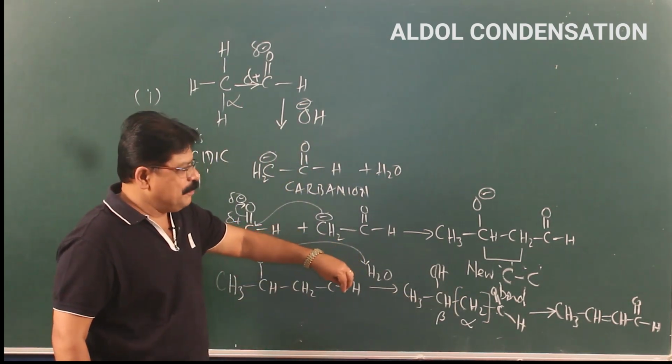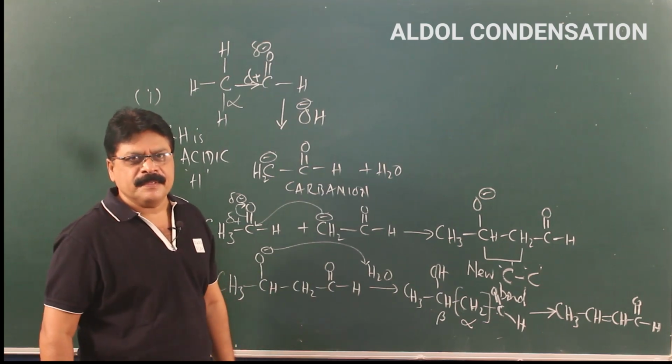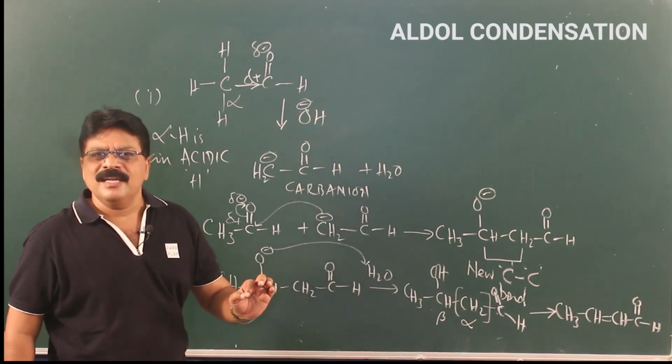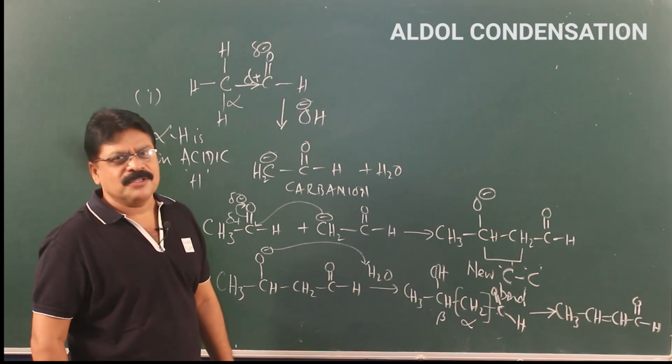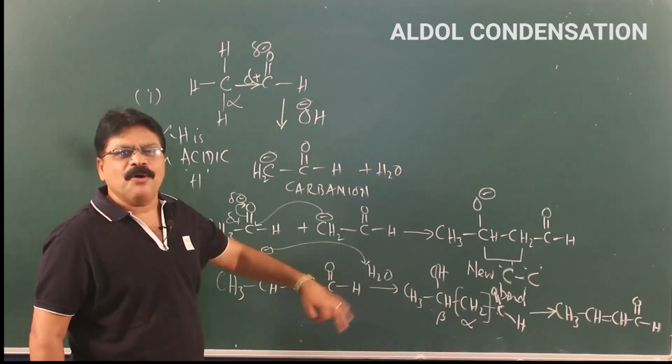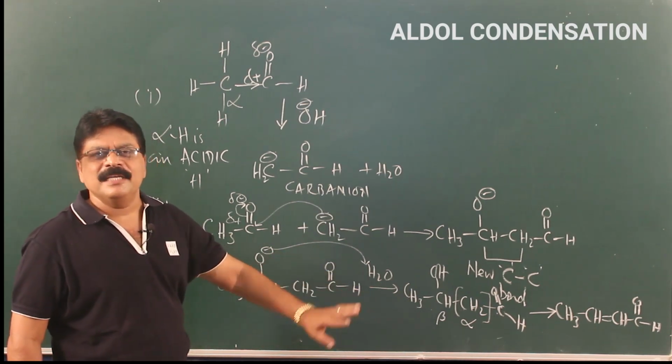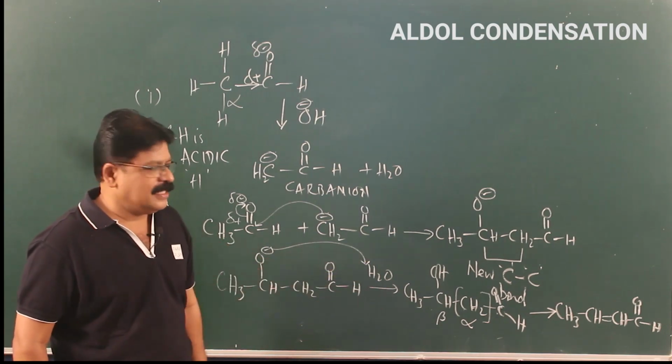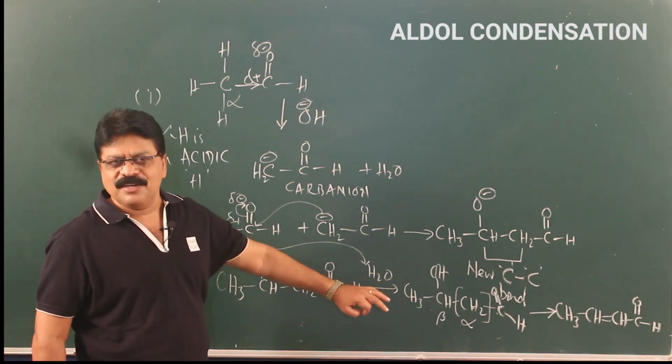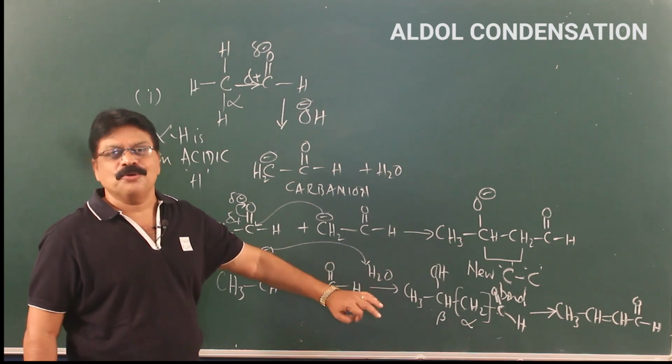Okay. So, this is the most important thing. What are aldols? Aldols are beta hydroxyaldehydes or ketones. What happens to them? They automatically, or on mild warming, eliminate a molecule of water, resulting in the formation of alpha beta unsaturated aldehydes or ketones, which are called crotonaldehydes.